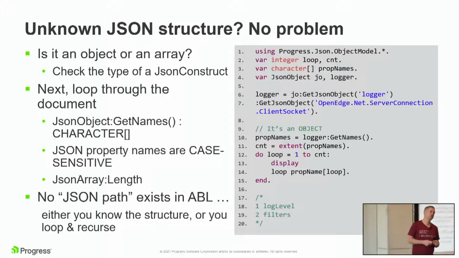Unfortunately, or well, I say unfortunately, there's no real JSON path construct like there's XPath. There isn't really a solid one that I found in the wild. There's a couple of implementations, and there's definitely not one in the ABL. So if you want to work through a document, you can't say, get me the 7th item of the array that's under this property, under this property, under this property. You have to do lots of loopity, loopity, loop.